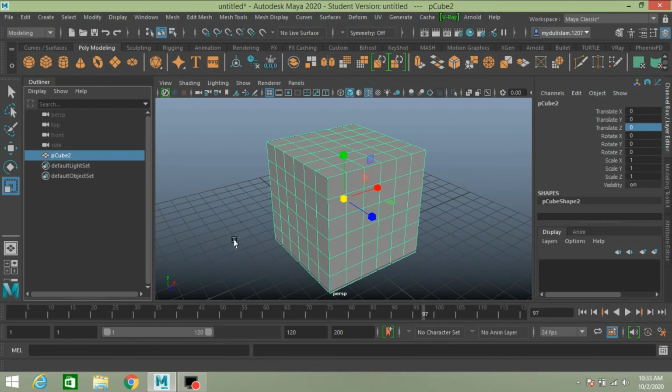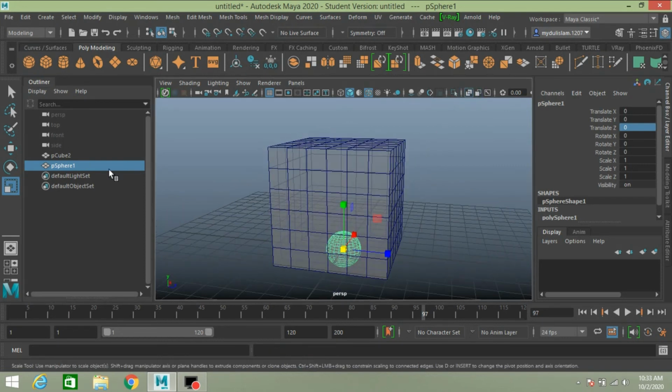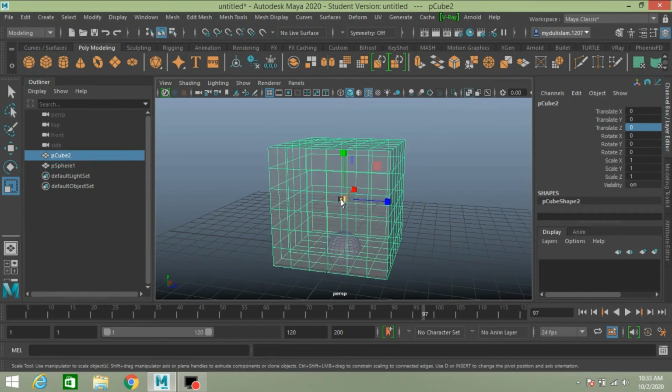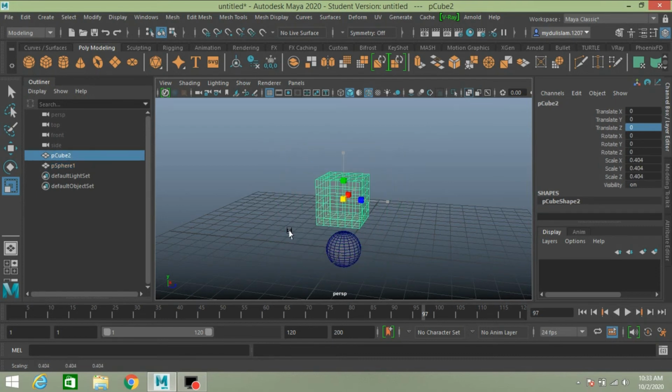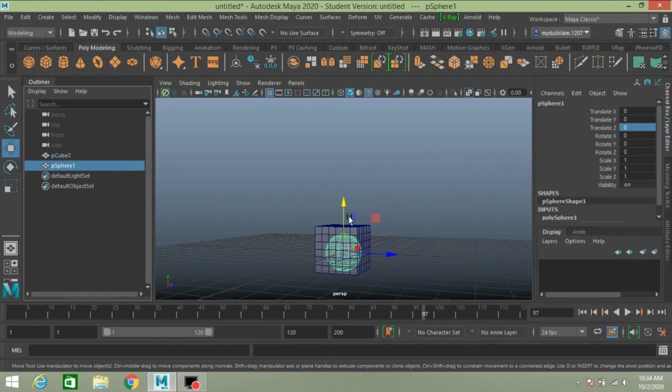Now take a sphere, polygon sphere, turn on X-ray mode, decrease the polycube size, move it down. Select the polygon sphere, move it up.